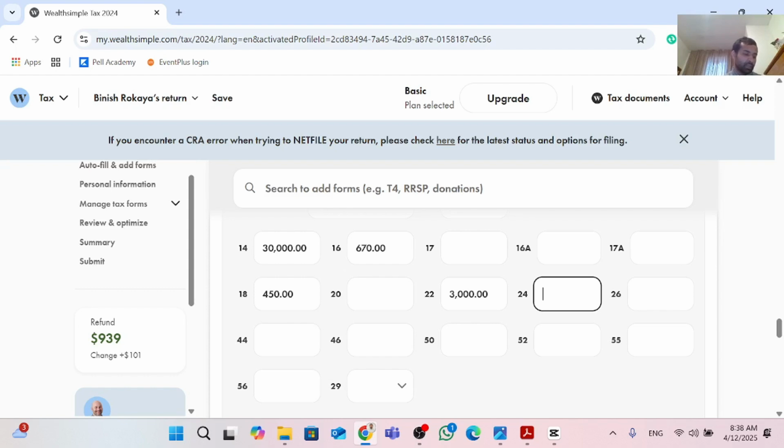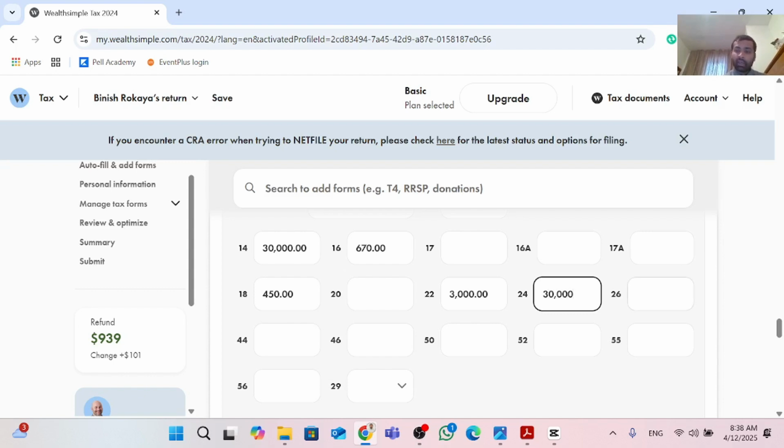Normally this figure is the same as the figure in bracket 40, which means EI insurable earnings is, in most cases, the same as your employment income. But if it is different, just put whatever digit you have on your T4. In this case, let's put